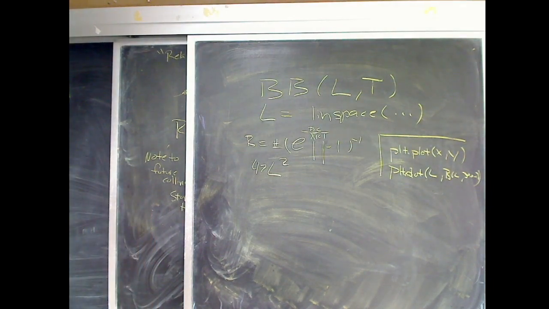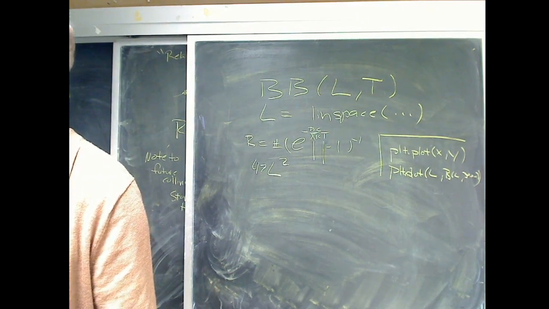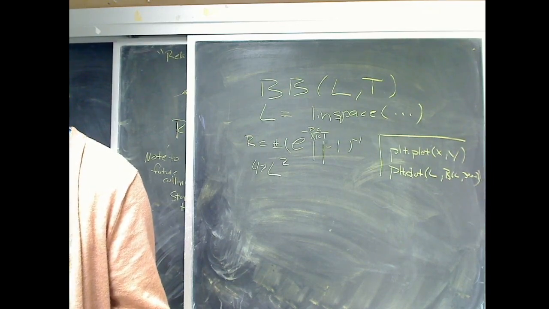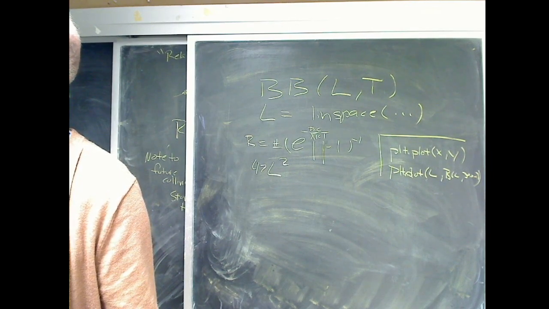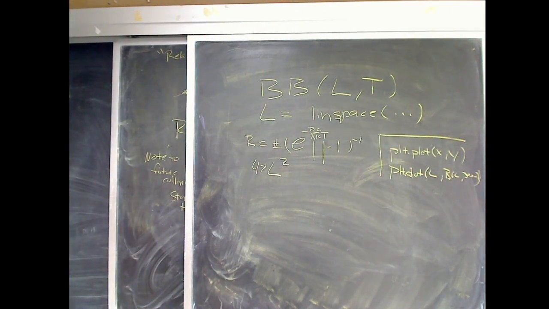So what it looks like when parsing Python errors is a little, there's an art to it. If I just say blackbody of L, where L is my list of wavelengths, and 3000 is my cool star, then that works. That gives me an array. I can plot that if I want. But if I try to give it a list of things, say I have a list of temperatures,